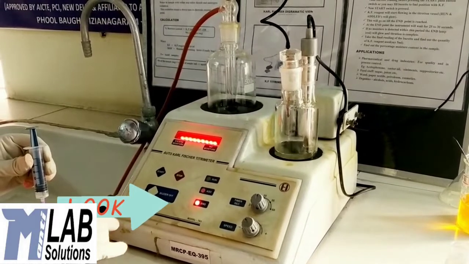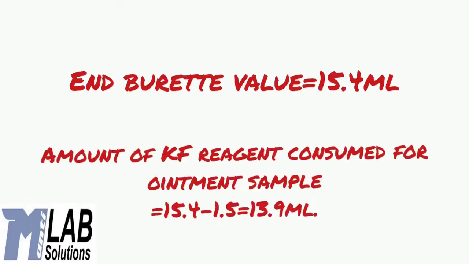So this is the end of the titration, and the burette value at the end point is 15.4 ml, and the amount of KF reagent consumed for the ointment sample is 13.9 ml, which is the difference between the final